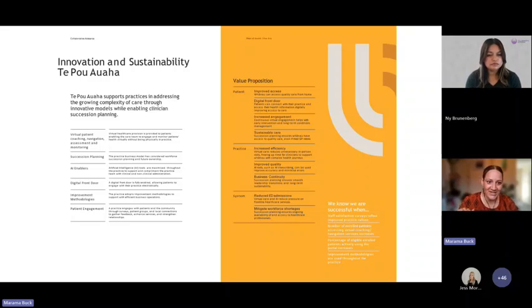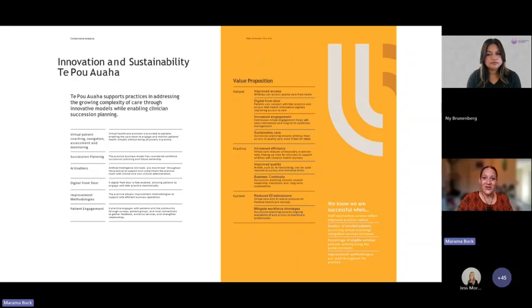So patient engagement, developing ways in which you are engaging with the population that you are serving. Improvement methodologies. So if you are familiar with healthcare home, lean methodologies, that continuous cycle of improvement. And there's lots of methodologies that are available to you to go through that continuous development. And through the development of this model, we will also then provide further tools and resources for you to use.